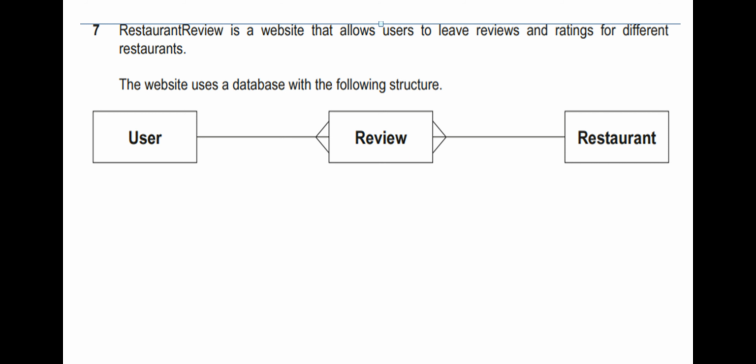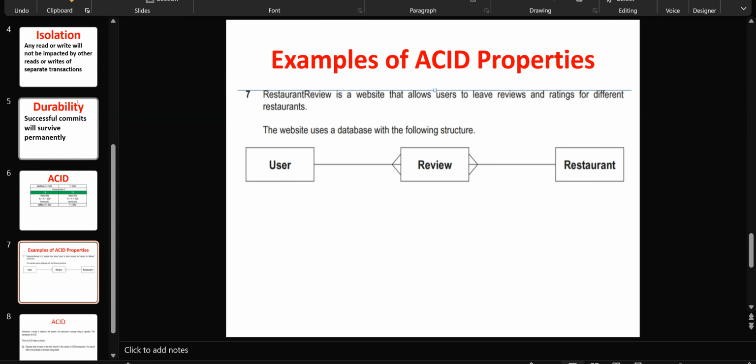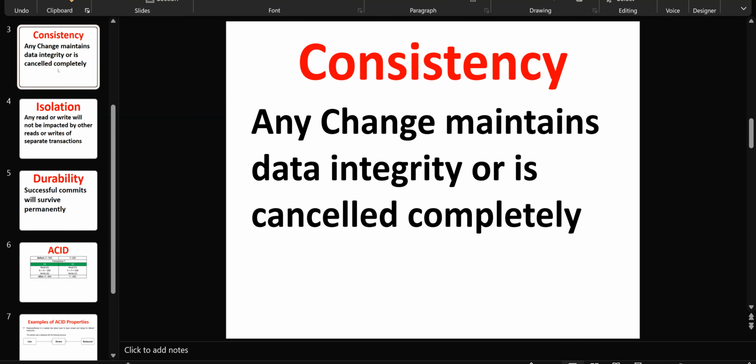if you have some technical issue, like we said in atomicity, and that issue can be your system restarts, or there's some other issue with the database, and because of that, the user is entering the review, but based on his review, the rating is not updated in the restaurant table, then this is affecting the integrity of data in that database. Okay, so what consistency does is basically roll back the changes if it is affecting